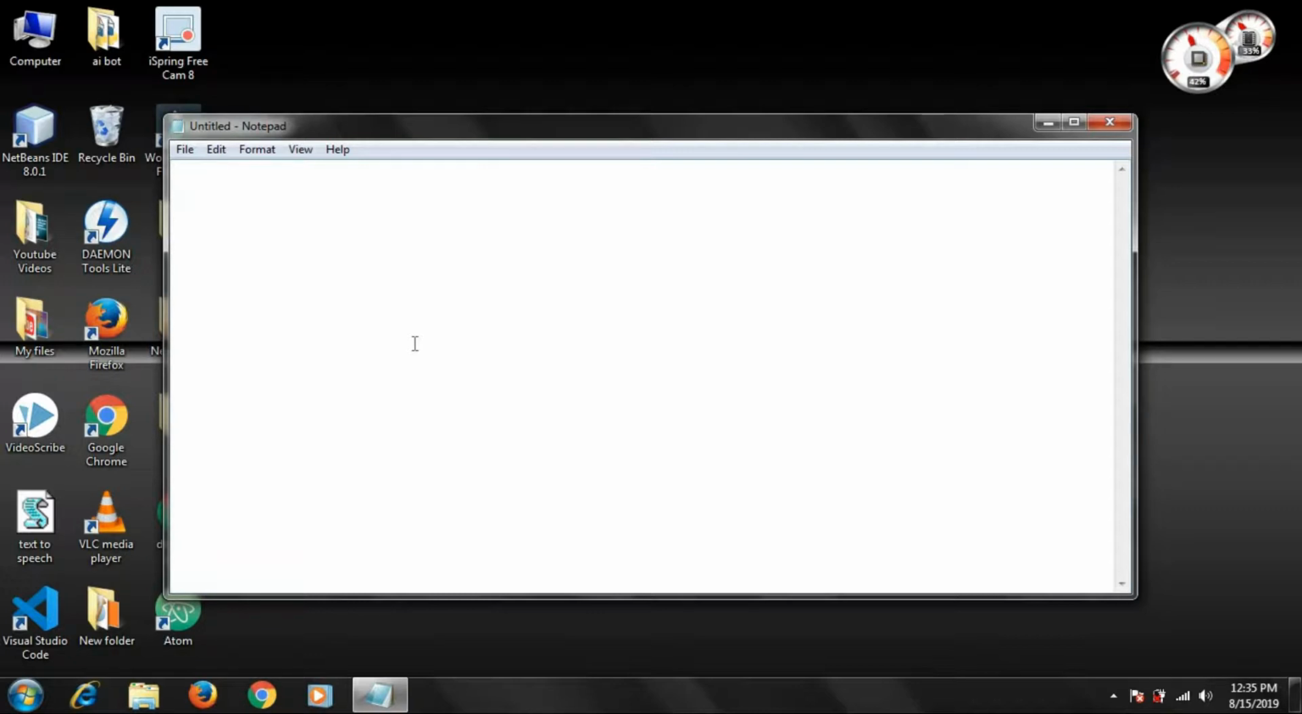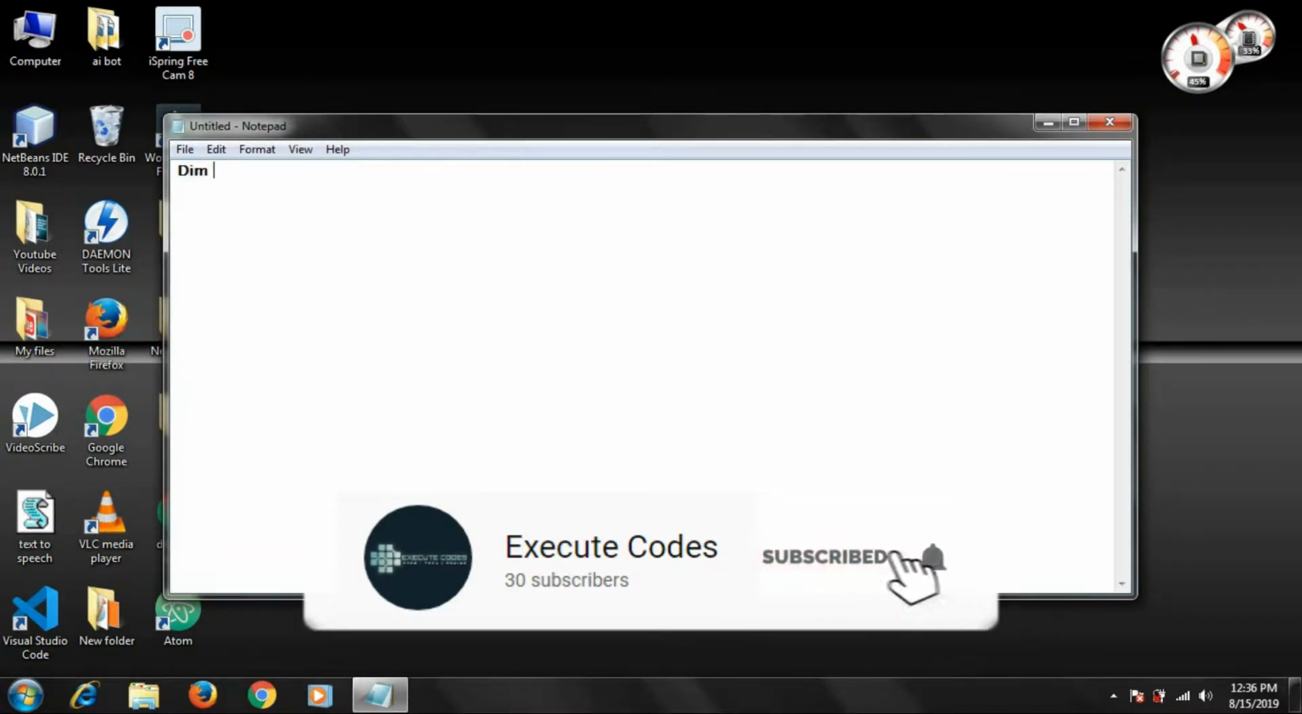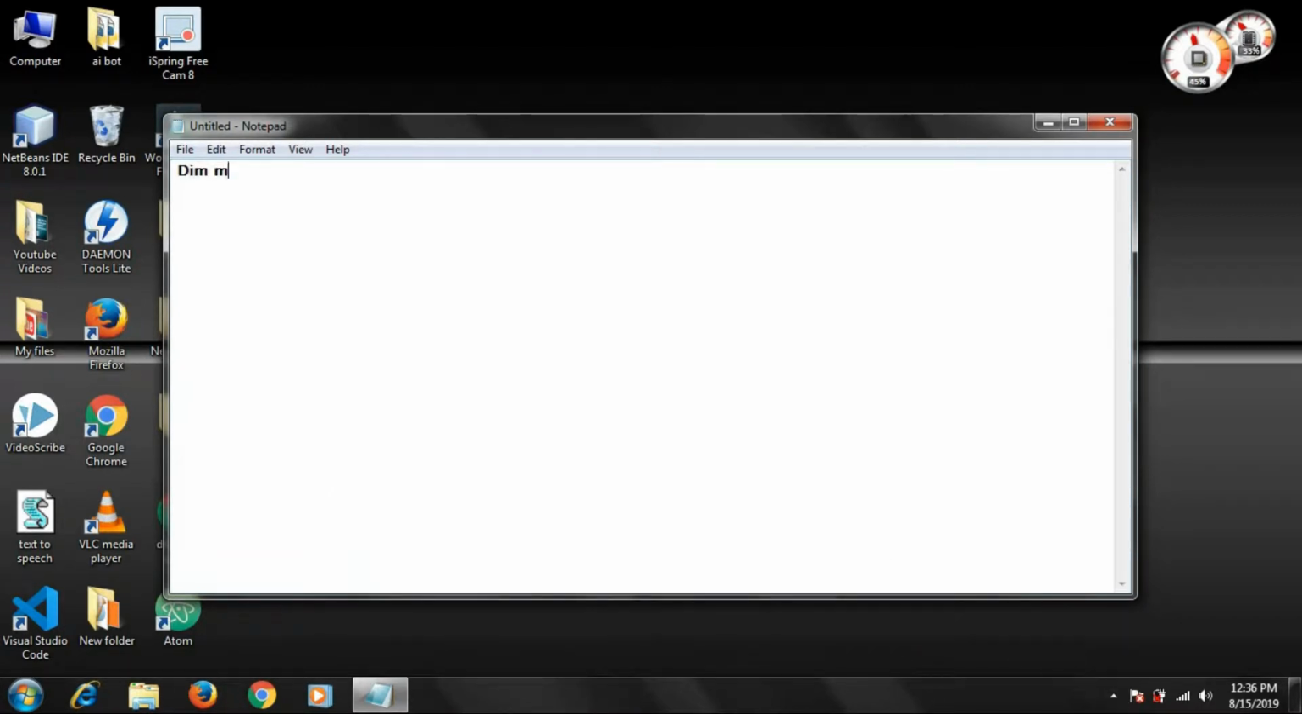The code is a basic code which can be run through VBS. So first we need to write this code. Dim message, sapi. Sapi is the voice which I am going to use, and message is the message which we want. So message is equal to InputBox,